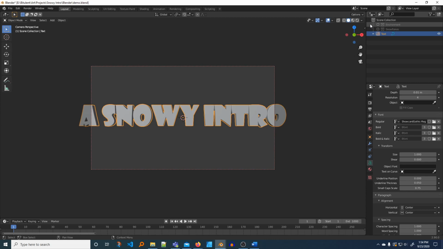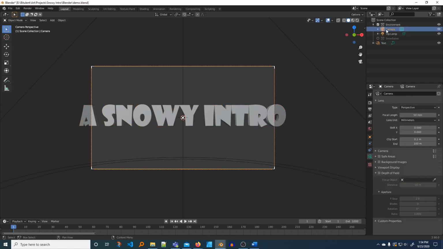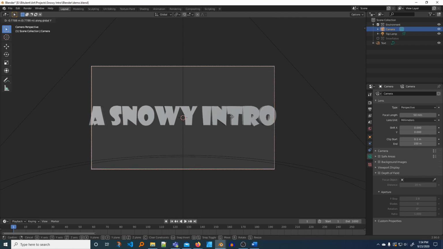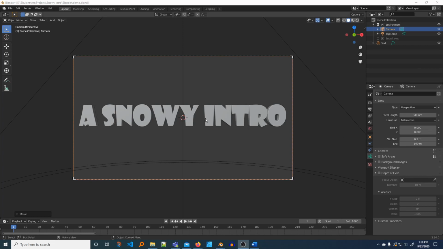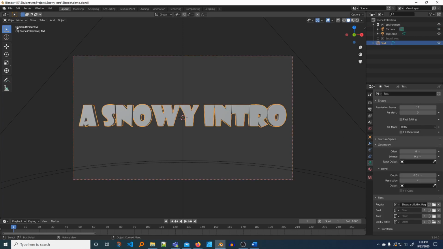So what we're going to do is enable this just so we can grab the camera. And we're going to grab it in the Y and then just slide it back slightly to get it to where the text fits. That looks about right. So what we're going to do is cheat a little bit and import or append a